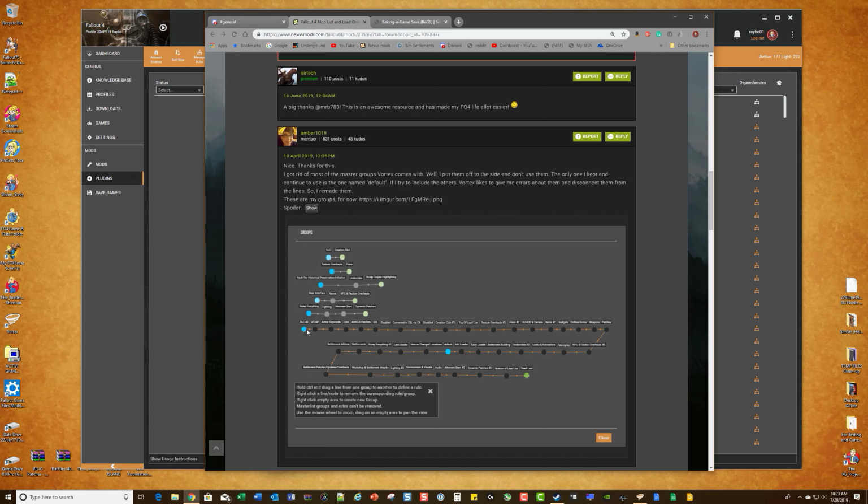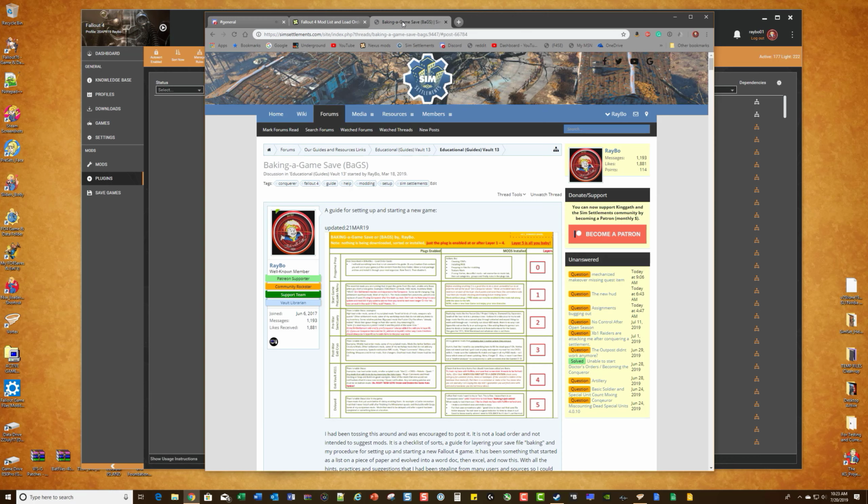When I first started using groups, I originally wanted to set up fewer groups. I think this is just such a great example, but even with 400 mods, I don't need and don't like this level of affinitizing the different groups, though I think it is good for people who like to get that detailed. I wanted to go more into this, but when you look at my layers when I'm talking about baking a save, these are more how you activate